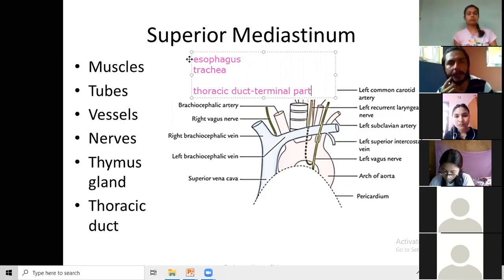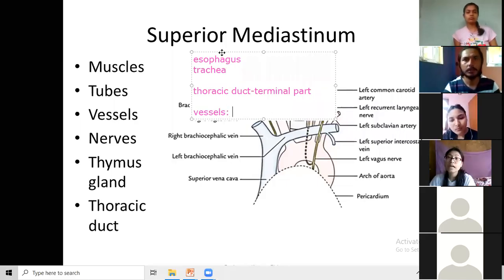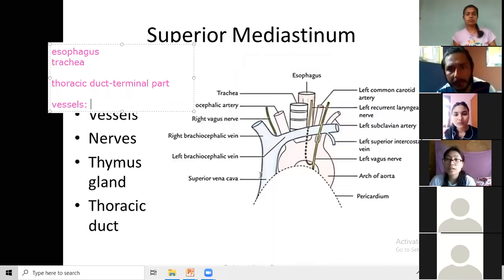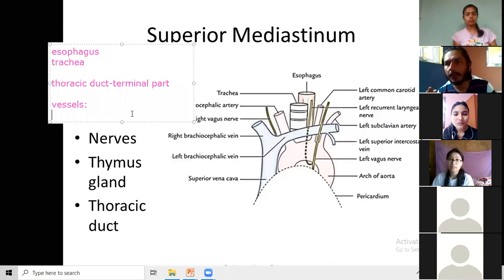Now we'll go for the vessels. What will be the vessels you will see in this region? See here. Can you see this slightly bluish color? This whole structure is here. And can you see this slightly reddish colored arc? Can you see this arc vessel? Major is this thing only. One vessel is this, and one vessel is this. So the vessels you will see are the arch of aorta